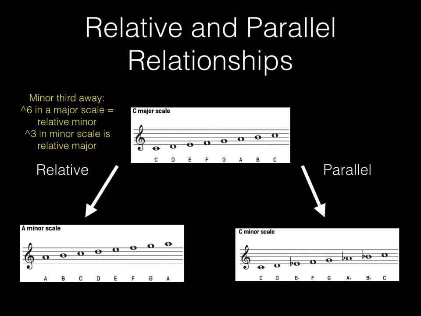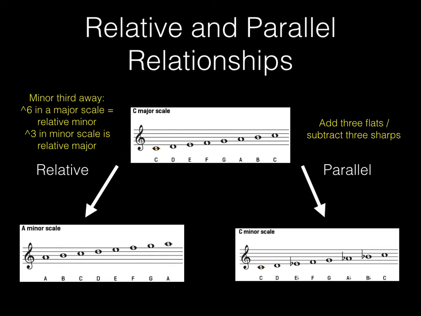Now, the relative minor is going to be a minor third away. Notice that scale degree 6 in the major scale is the tonic for the relative minor scale. Scale degree 6 being A in the major scale is scale degree 1 in the A minor scale. Scale degree 3 in the minor scale, that is C, A, B, C, is going to be the tonic for the relative major scale. On the other hand, the parallel minor is going to add 3 flats or subtract 3 sharps,